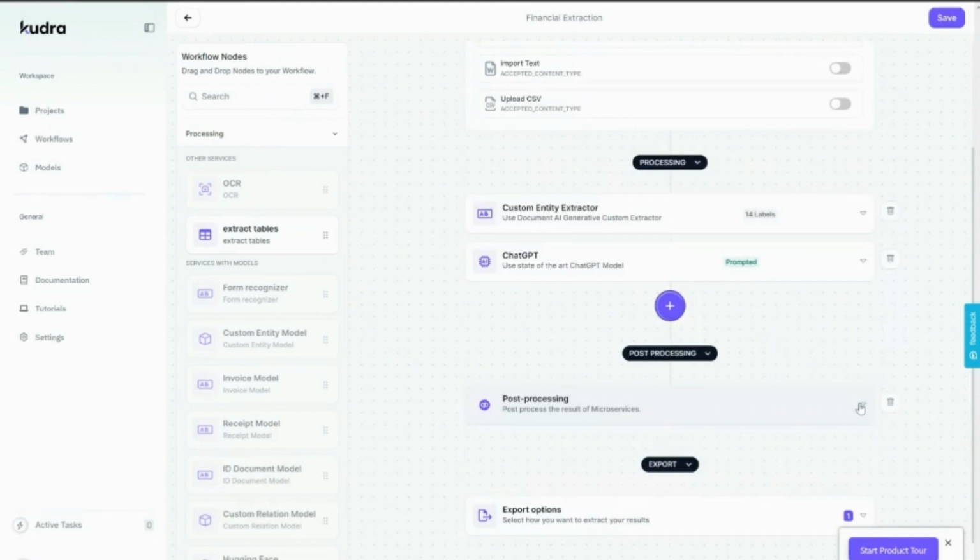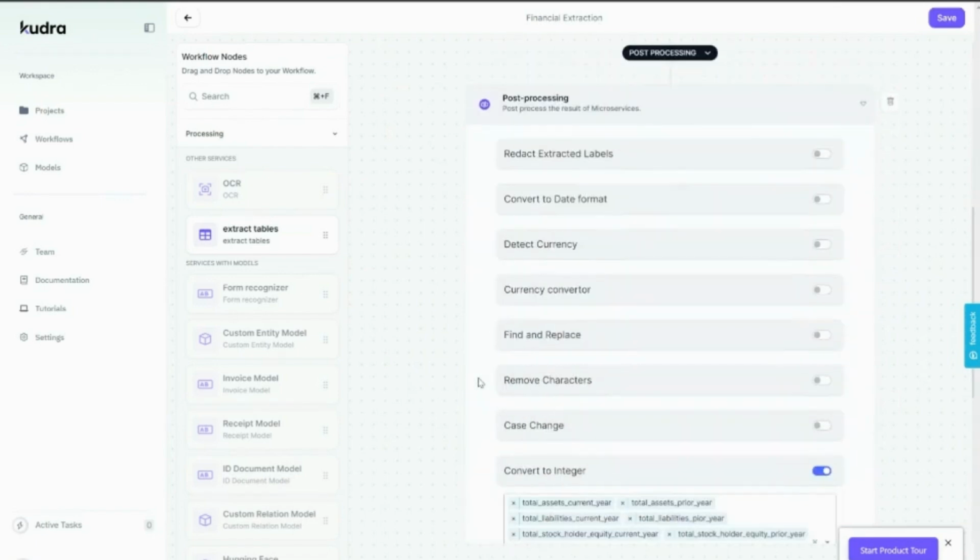And here, one additional step before we save this is I add a post-processing step. As you know, some data can be a little bit different from one another, so we would like to normalize the data.